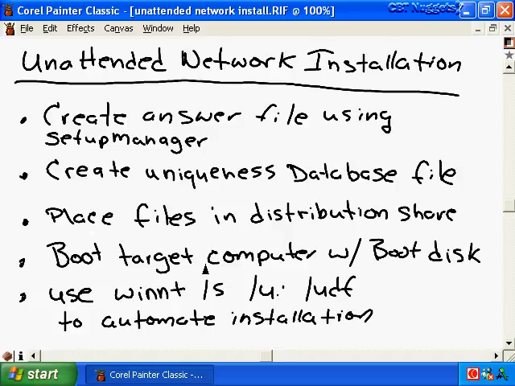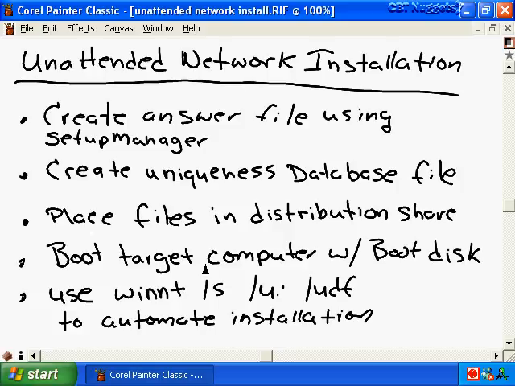Remember, we copied the contents of the i386 directory onto the DC Nuggets, and that is our distribution share for Windows XP. Think of that share point as a crock pot. It's just kind of simmering. We've got a base stew in there right now. But what we have to do is add some vegetables and potatoes to automate the process of installing Windows XP,